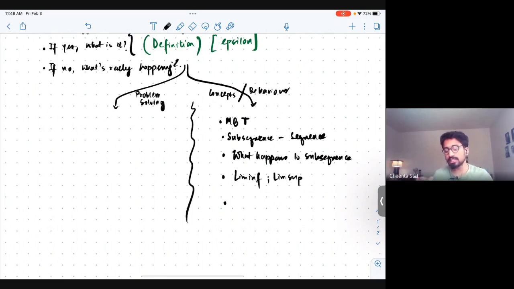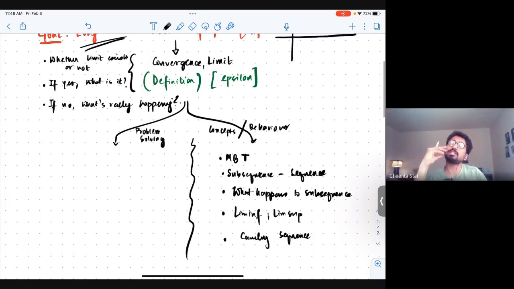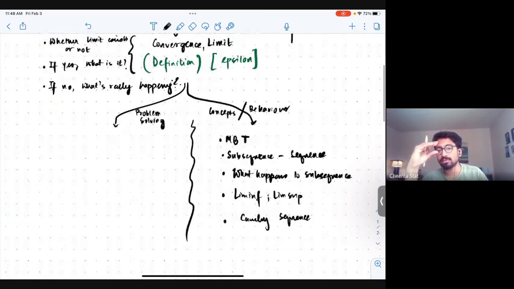So it's about understanding when a sequence converges, and what happens when a sequence doesn't converge, etc. Also, there's another concept called Cauchy sequence. For example, in a sequence definition, we need the definition of a limit. We need to define a limit, and then based on that limit, we need to define the convergence.